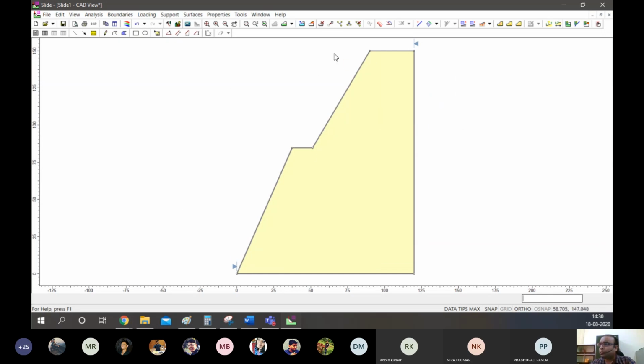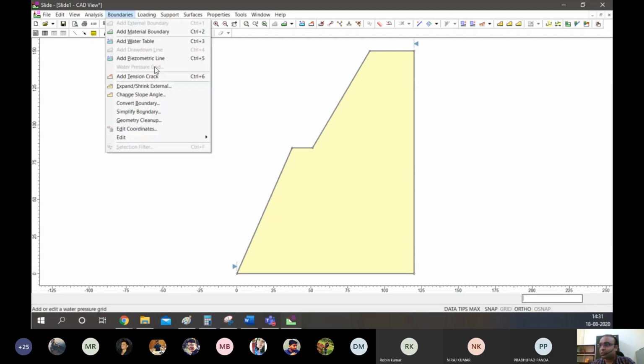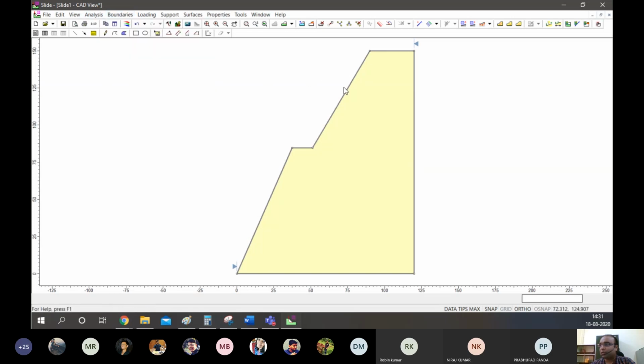So these kind of straight boundaries of slope we won't be getting in the field. So we will be having many nodes here when we import any kind of AutoCAD file, or we transfer our photographs and digitize them to form the boundary, then also there are so many nodes. So many times we have to do some boundary corrections. So we have to basically simplify the boundary and remove those extra nodes so that the geometry gets simplified. So that is what we can do.